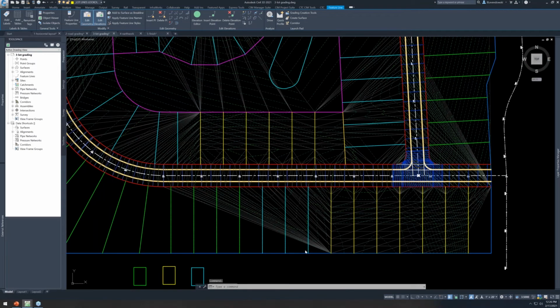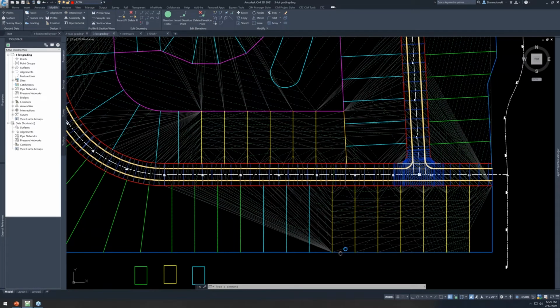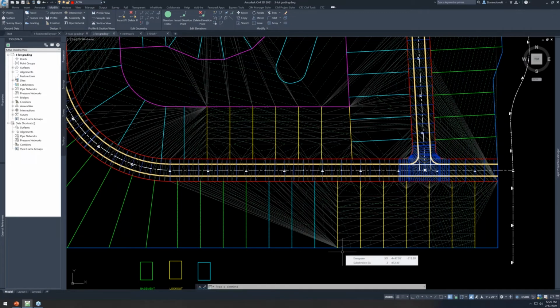Now, if some of these other ones should have been lookouts, okay, let's do this one. So let's grade a few more of these lots, and then we can take a look at it, get a sense of the grading pattern there. We'll put some labels on it, and then we'll make a decision: should these be walkouts or basements or what have you? We want to control that lot grading depending on what type of building pad we might put there. So I'm going to go back in here,